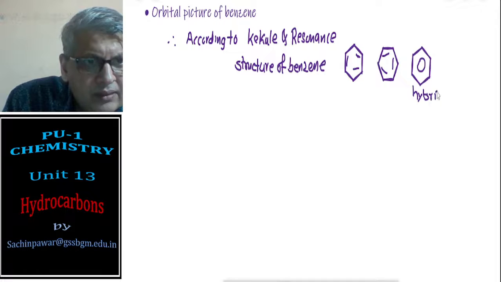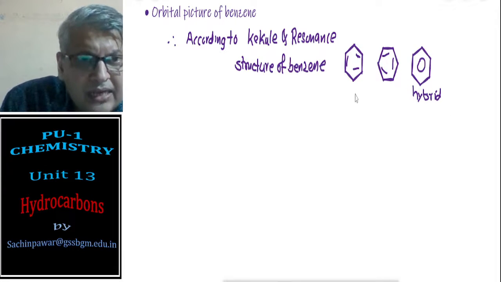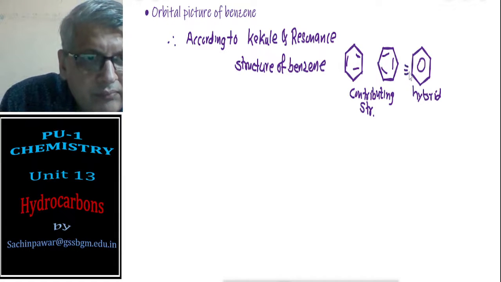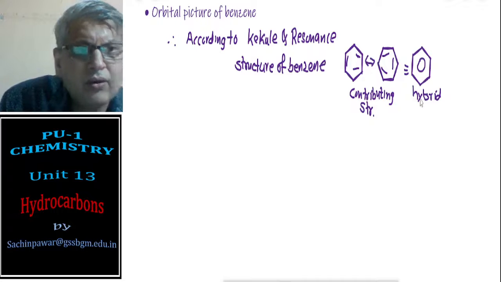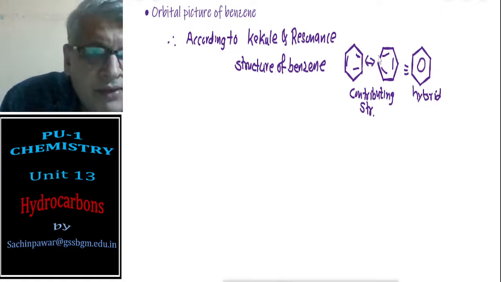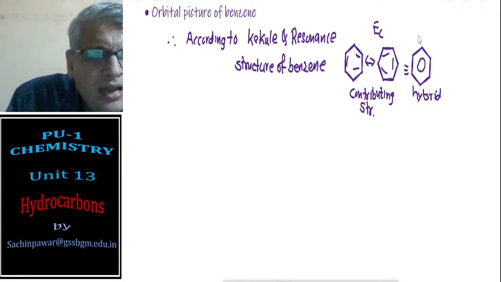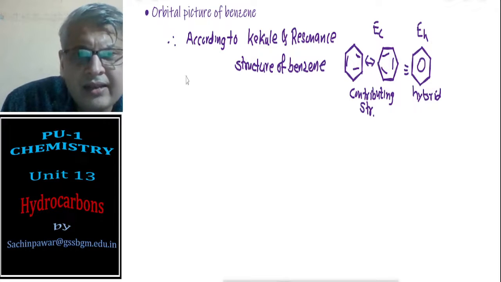Hybrid. This is the most accurate structure. These are contributing structures. Now these are identical contributing structures. Now if I just find out, suppose the energy of the contributing structure is EC and the energy of the hybrid structure is EH, then the difference